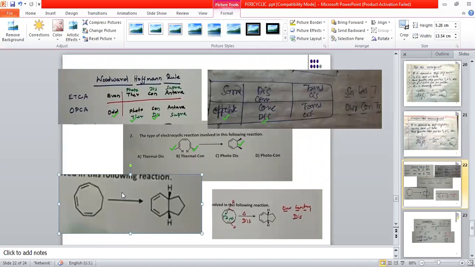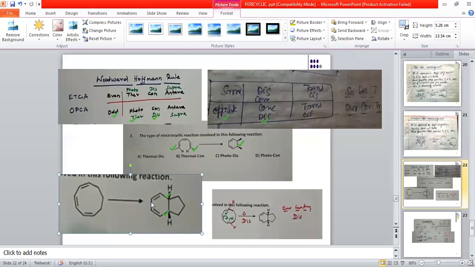Now come to this particular example. This one is the starting material and you are getting this product. How will we understand which type of condition is there, whether cis, trans, thermal, or which type? Now you have to see how many carbon atoms there are: 1, 2, 3, 4, 5, 6, 7, 8, and 9 carbon atoms. But from these 9 carbon atoms, this part is rearranging into a 6-membered ring. On the side of the 6-membered ring, you are getting hydrogen and hydrogen in the opposite direction.